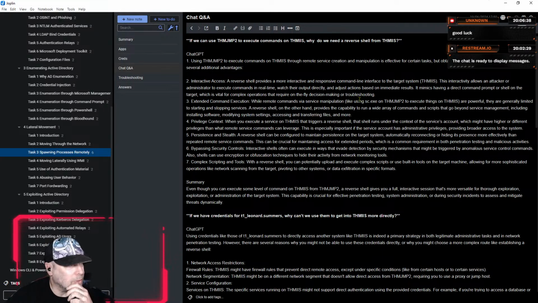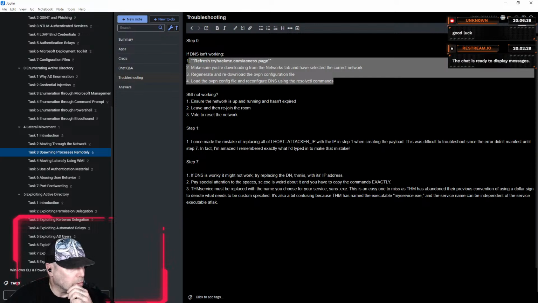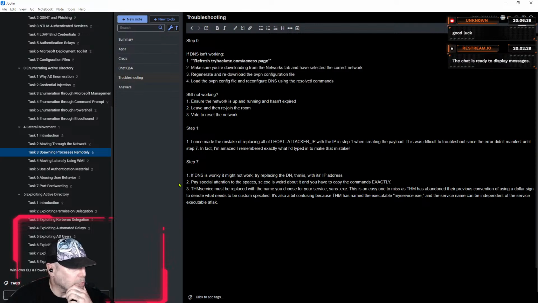I'm going to need it. This task was pretty difficult, but like I said, I'm doubling down. I'm redoubling my efforts, and so one of the things I'm going to populate on tonight's task notes is the troubleshooting section. So you can see for something like task 3 on lateral movement, spawning processes remotely, that gave me a lot of trouble too, and we encountered a lot of technical issues, and I did a bunch of troubleshooting, and I've listed those efforts here as part of the note-taking process.